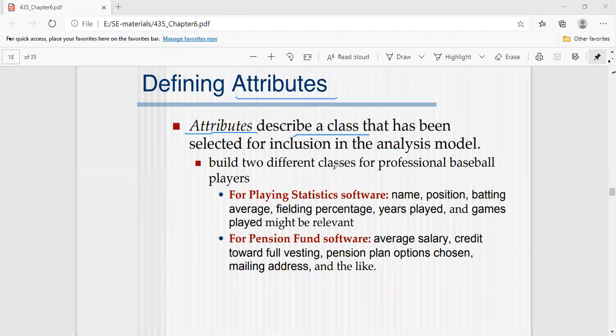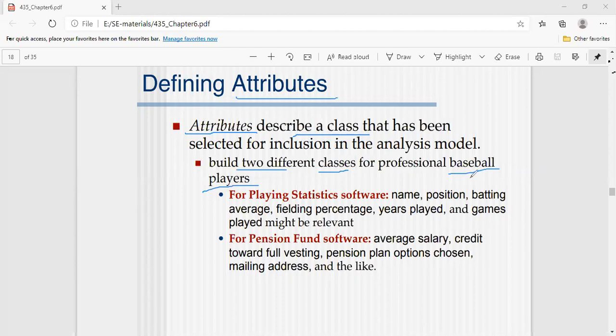Build two different classes for professional baseball players. If you are going to develop classes for baseball players, if they are professional baseball players, how are you going to define a class? Now we are going to define not only a single class, but two different classes for professional baseball players.